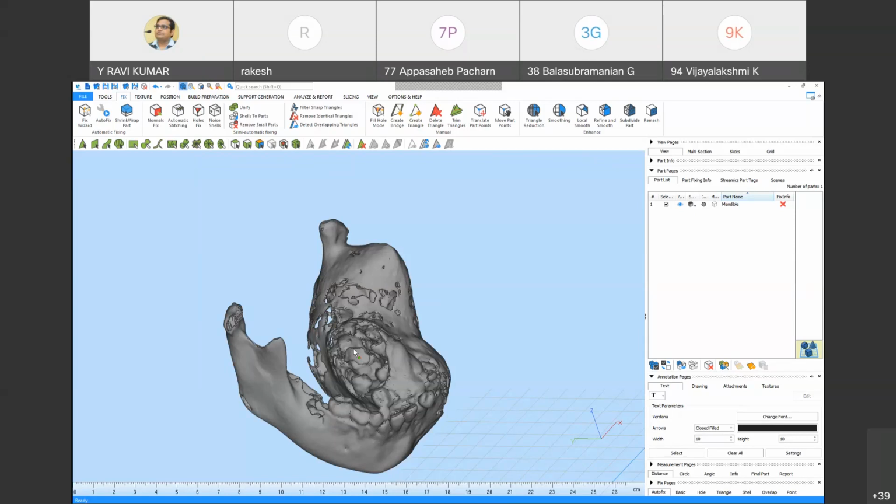Those DICOM files will be imported into Mimics. Not only Mimics, ITK-SNAP can also do it. So just import those DICOM files to ITK-SNAP and then get your 3D model.